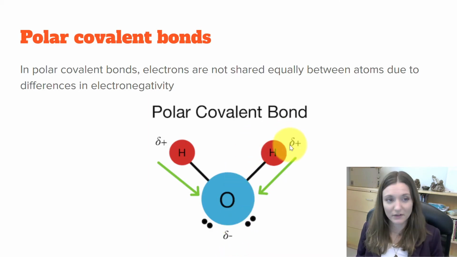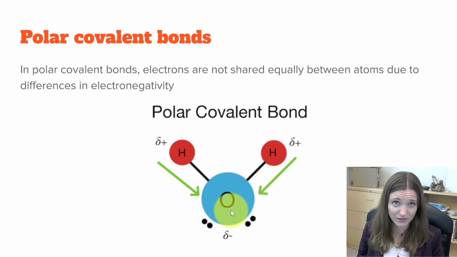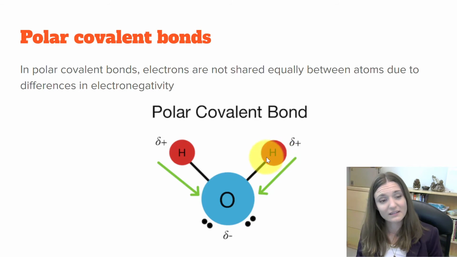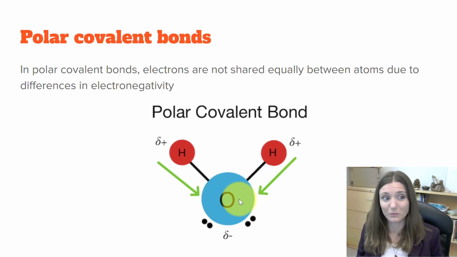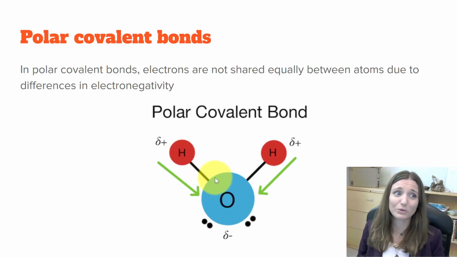And one part of the molecule gets a positive charge. So it's going in here with this delta positive. So because the electrons are spending more time with oxygen, they're not getting their fair share of time around hydrogen. Electrons are negative, more negative time with those electrons. Oxygen has a slight negative charge, and hydrogen has a slight positive charge. So the molecule itself is what we say is a polar molecule because it's built out of polar covalent bonds,